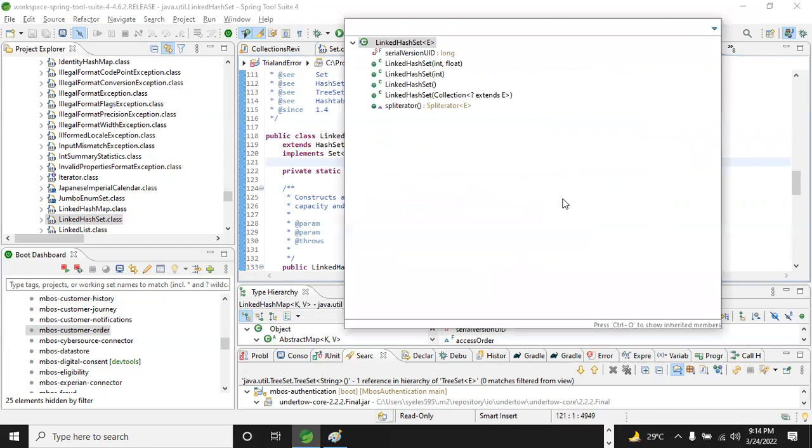Because I don't have a contains method in LinkedHashSet. And why so? Where should I look for the contains method? Can someone say?